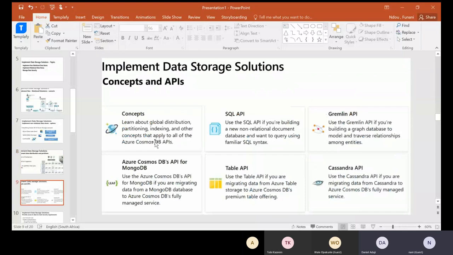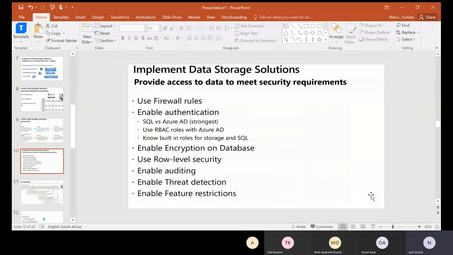implementation. And I also want to talk about the concepts and the APIs that Microsoft has. But I think most of these we'll talk about when we go deeper in explaining each and every API, when we're covering which one works with what. As you can see, SQL API works with the SQL syntax. The table API works with Azure Cosmos and Cassandra. But I'll share this slide after the presentation so that maybe you can just go through it before you